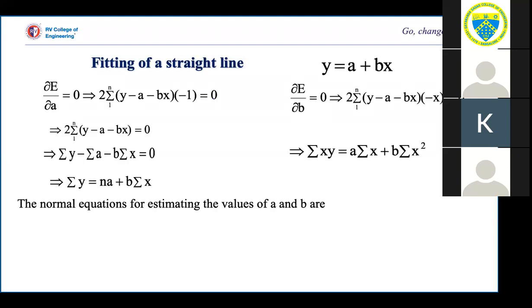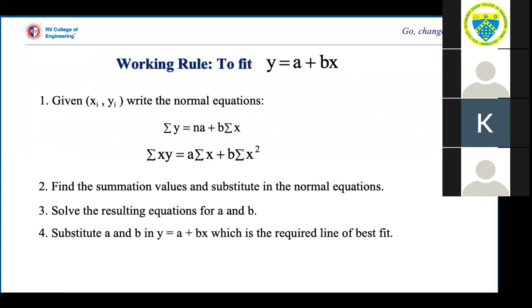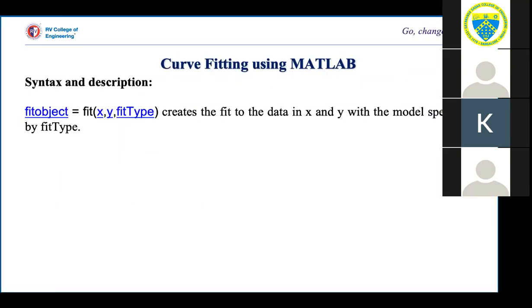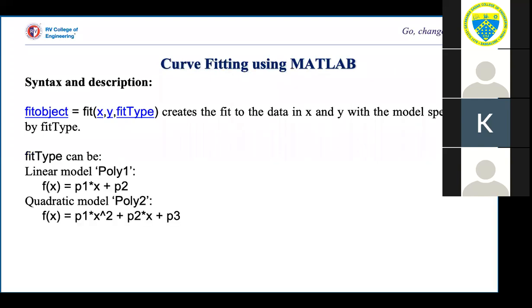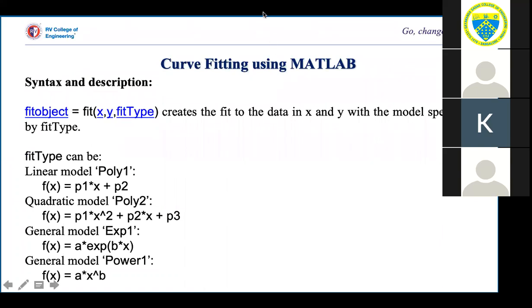I'll just go to the coding part of it. We have arrived at the normal equations. See, knowing xi, yi, n will be known. So you are going to find summation x, adding x values, summation y, adding y values, and then you find out similarly two more columns, summation x square and summation xy, and you are going to substitute here, solve for the unknowns a and b, substitute here, which gives you the required straight line fit. So I'll move to MATLAB coding.